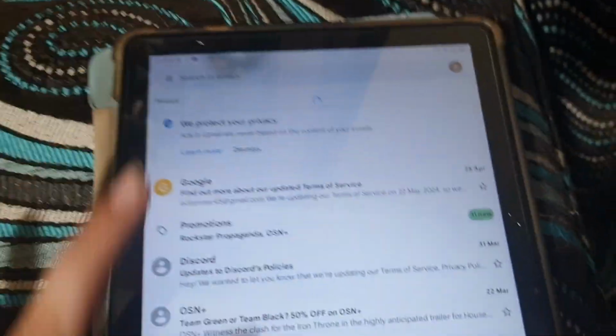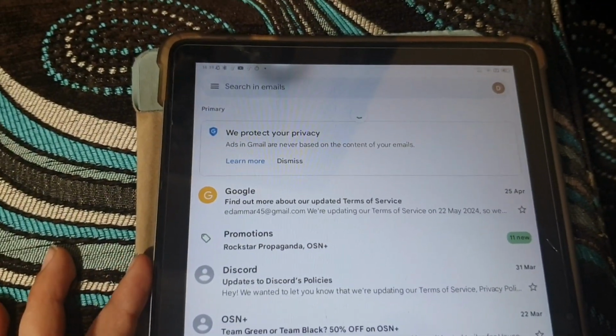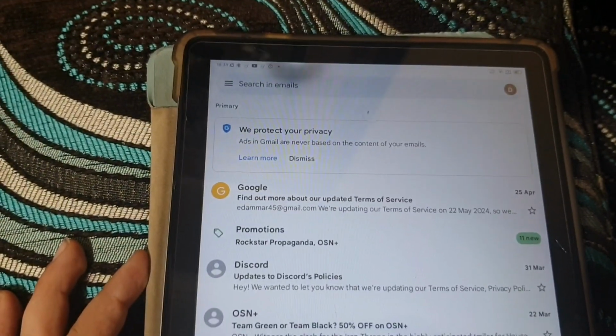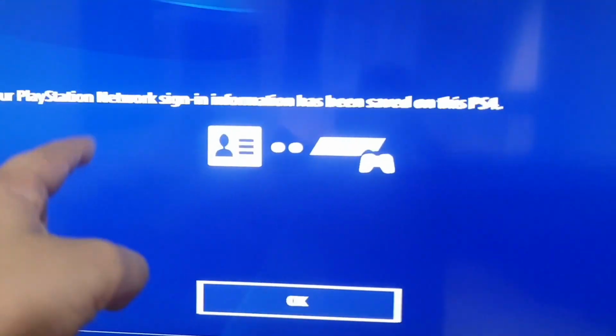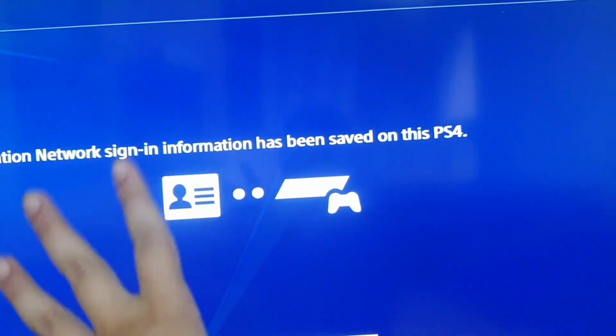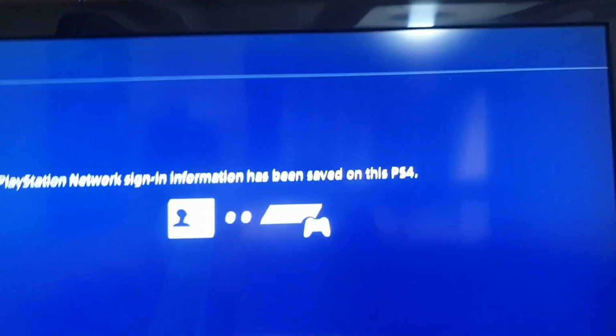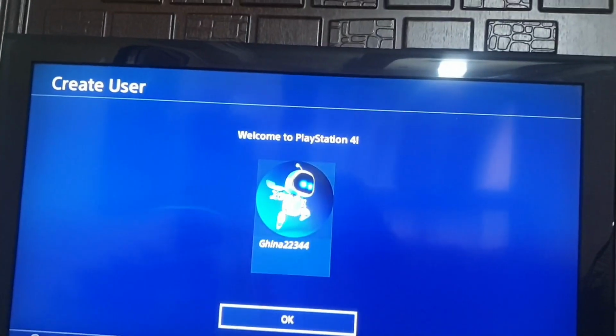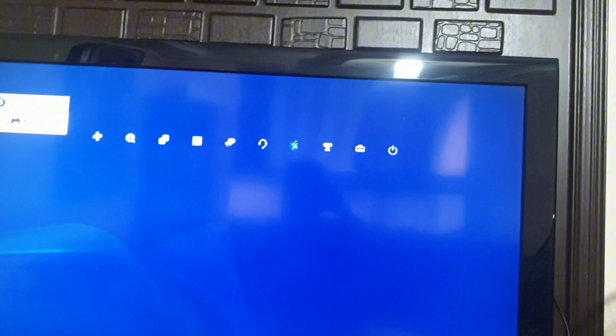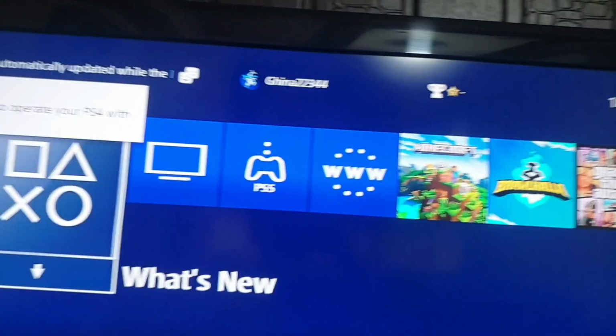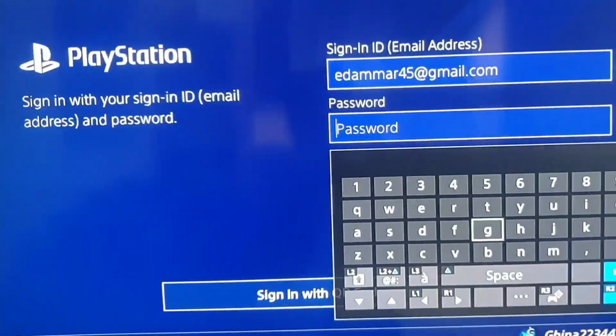Okay, when they send me, let's just wait a second. It's going to take a little while. When they send it, if this thing has appeared here, just press OK and everything will be done. Let me check. Okay. And here, after you've done this, you'll have your new account. Thanks, and if it didn't sign into PlayStation Network, just look at what I did.